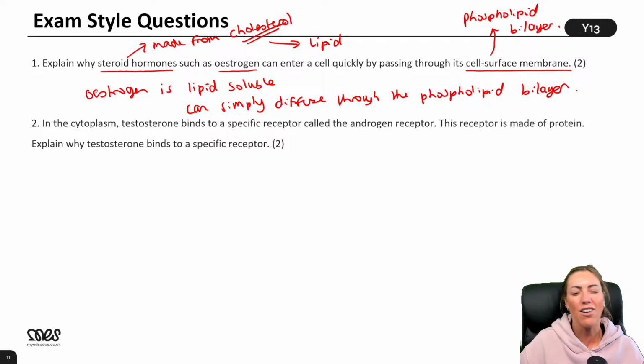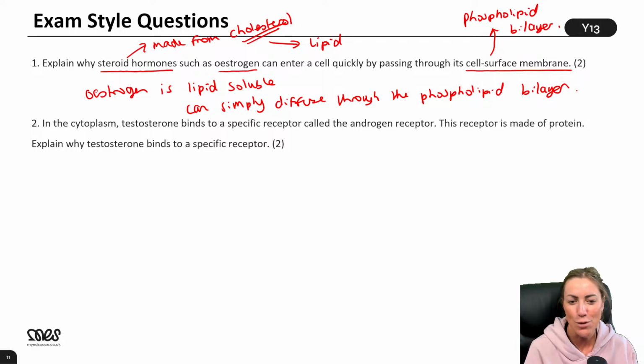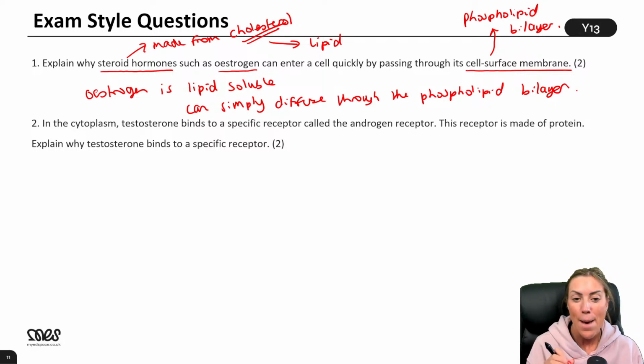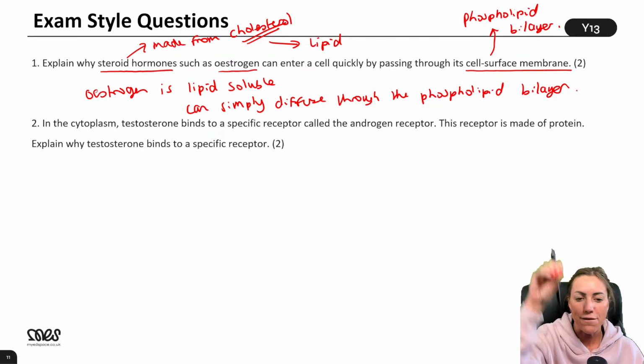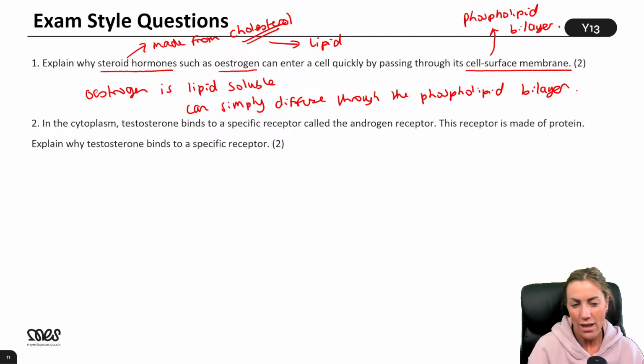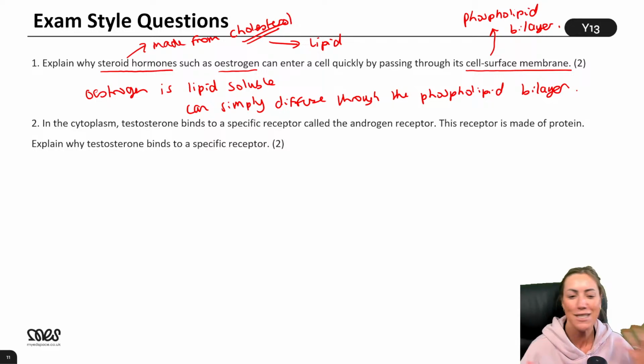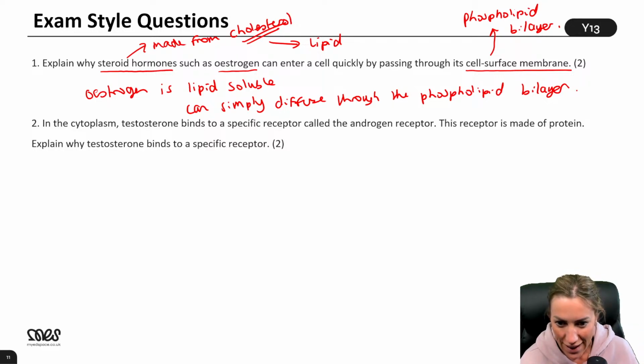Now, you might be thinking, hang on a minute, why are we talking about estrogen when we've just done a lesson on transcription and translation? It's just because estrogen is a hormone that does affect transcription. So sometimes it comes up in this topic, okay? Don't worry about it today. But estrogen can actually initiate transcription in a cell because it diffuses through the phospholipid bilayer, and it binds to its receptor, and then it can move into the nucleus and initiate transcription. That's the only reason this question has come up, okay?